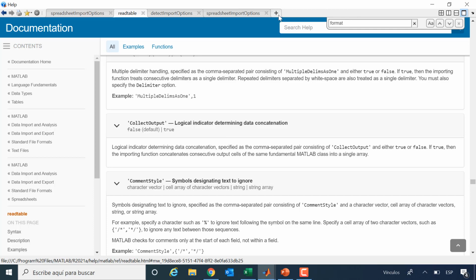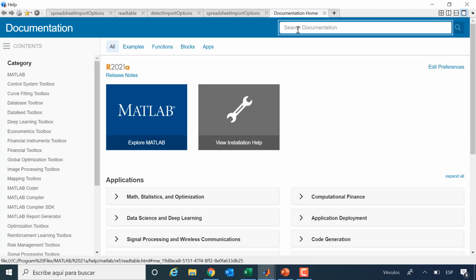So let me go and search for another function, which is the one we're going to be using when, instead of talking about one specific spreadsheet, I want to talk about several spreadsheets or several tabs dealt with all together.